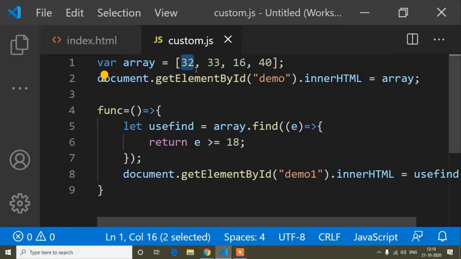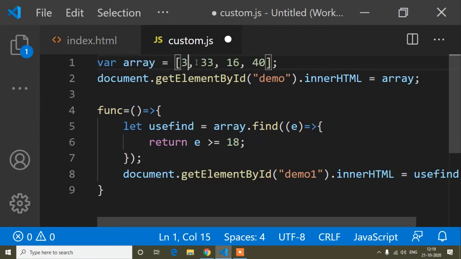But if you write 14 here, then it will check which element is more than 18. First it will check this one, it's not more than 18, so it will not print this value. But after that, when it gets 33, which is more than 18, it will print only the 33.